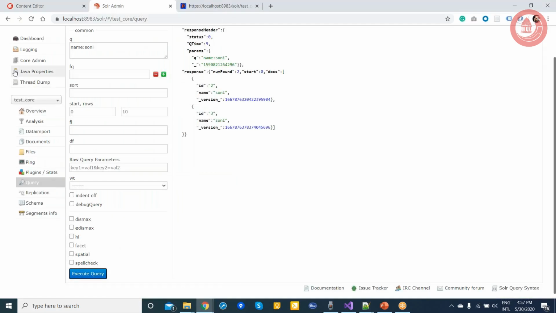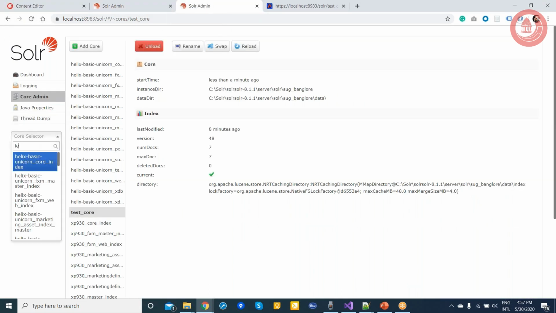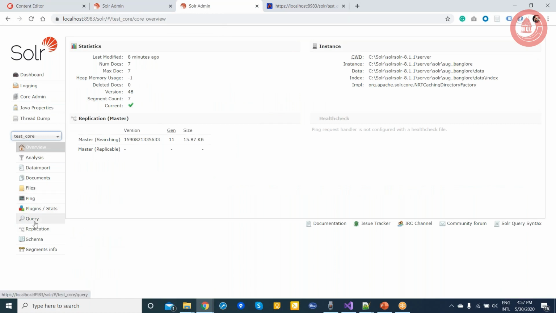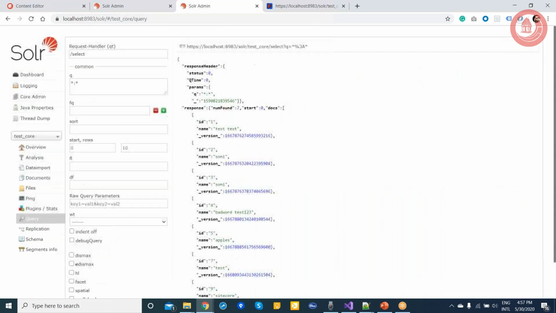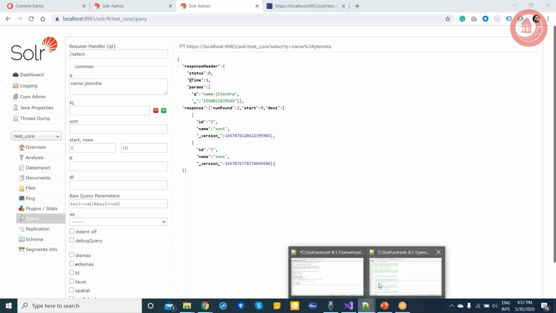So if I just update and reload, I'll open one new tab here. Now this time if I search for my name, you can see I'm searching for a word that doesn't exist in the actual index, right? But still I can search because I have put that synonym in.